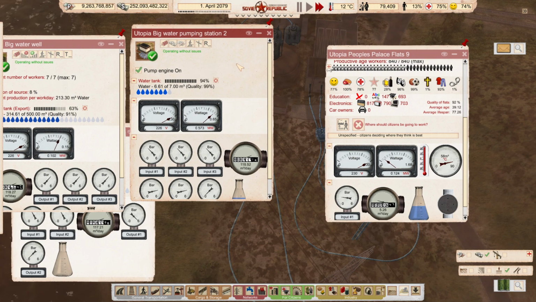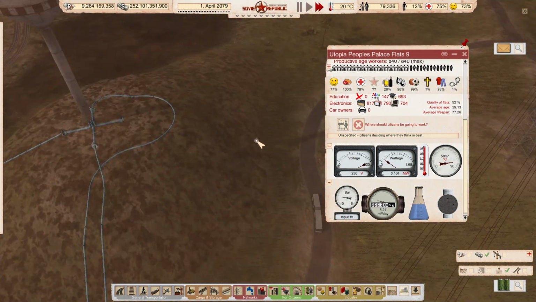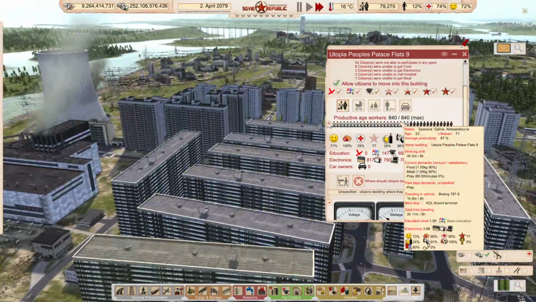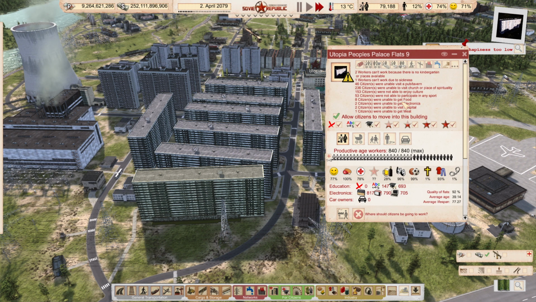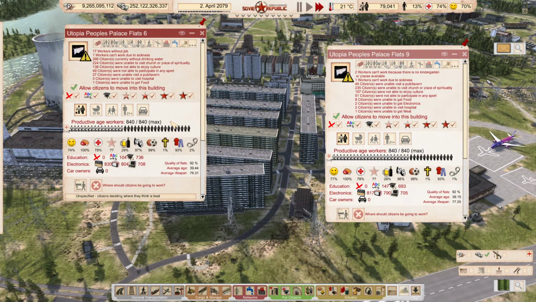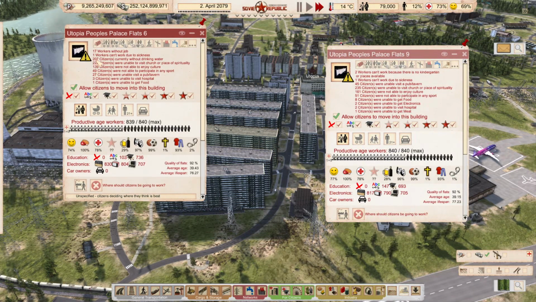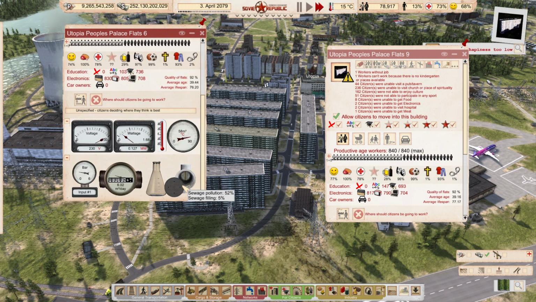This thing is pumping away. Is this enough water for the town? No one is without drinking water. Lovely. In this building, 200 and something are without drinking water. It probably takes a little while for all this to...